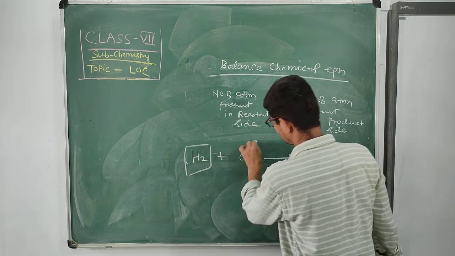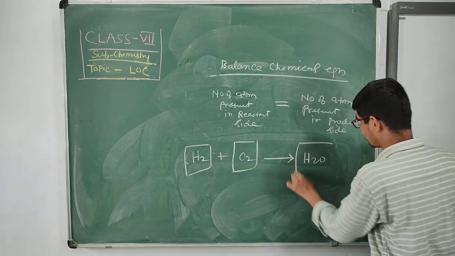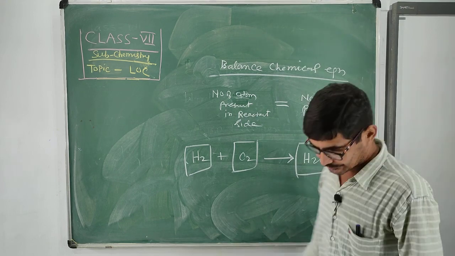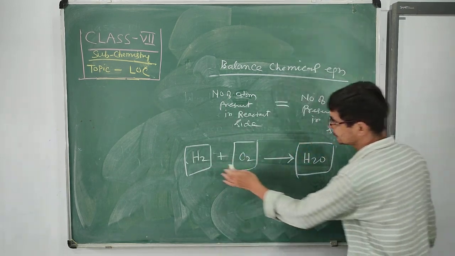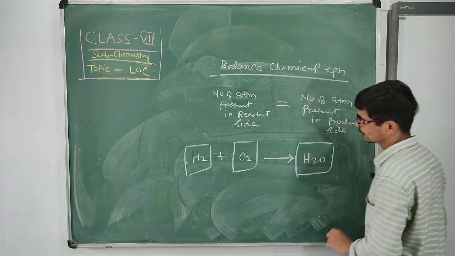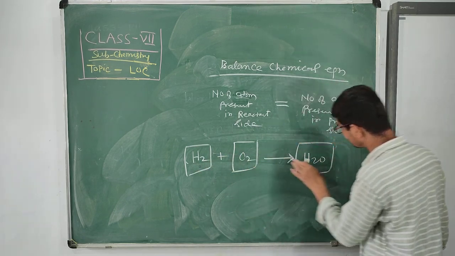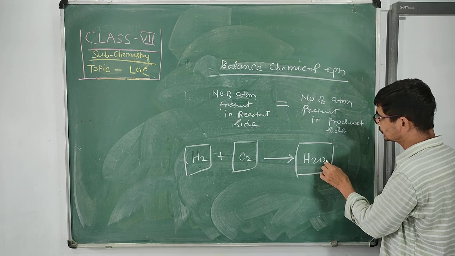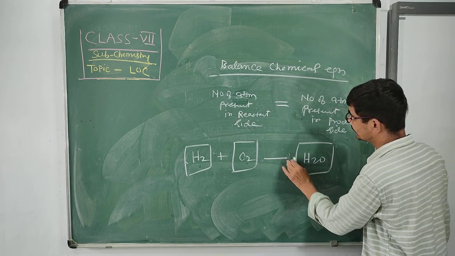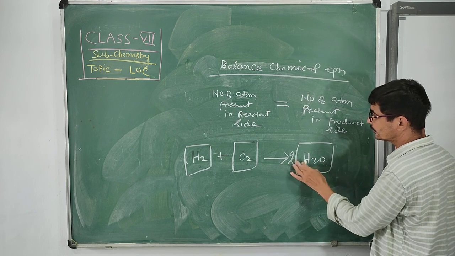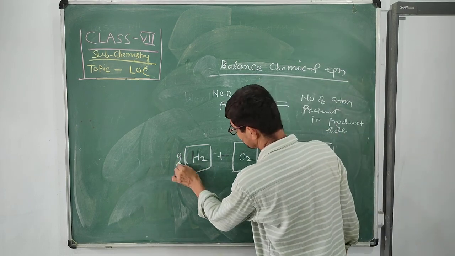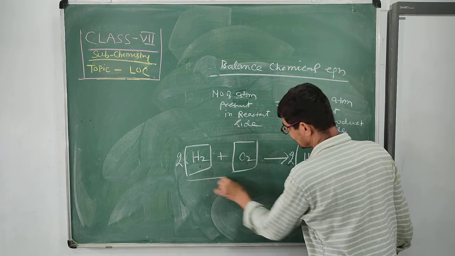At first, reactant and product are enclosed in a square box. How many hydrogen atoms? 2 here, also 2 here. But oxygen is 2 here, and oxygen is 1 here. So you can't change the formula, just put 2 here. So oxygen is 2, but hydrogen is 2 times 2 equals 4. That's why 2 is attached here. So this is called a balanced chemical equation.